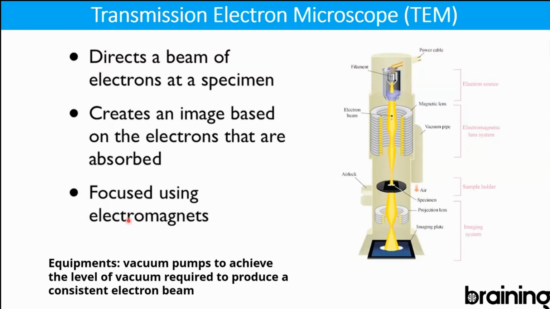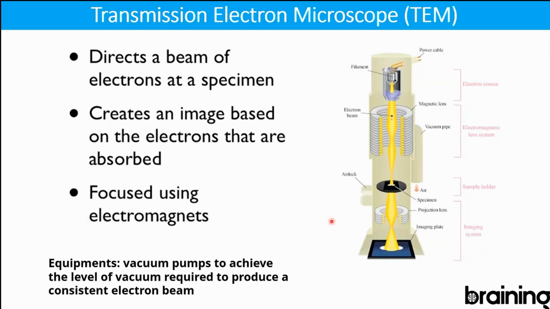And then the image is actually focused at the bottom using electromagnets. We are not going to use lenses as we use with optical microscopes, because there's no sense for that, because we are using electrons instead of light, instead of photons, I mean. And also I put here an extra tip, because there are extra equipments attached to this microscope,